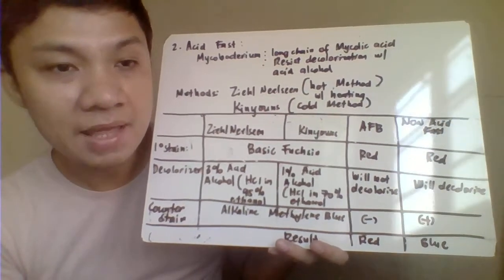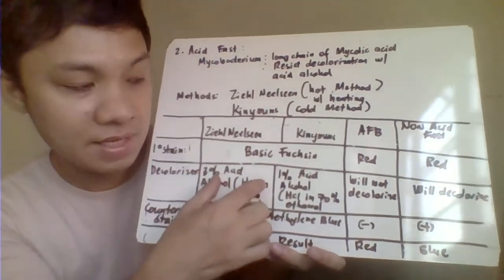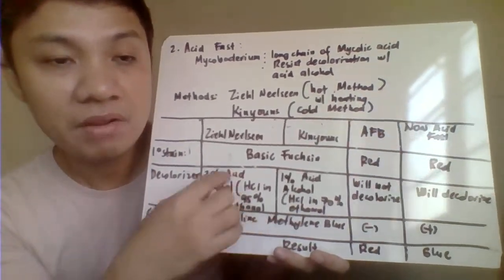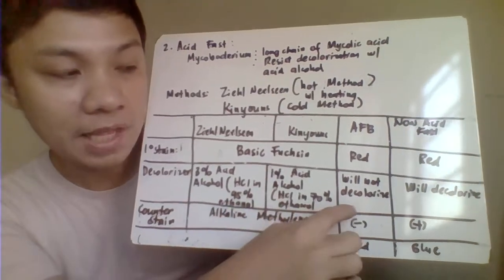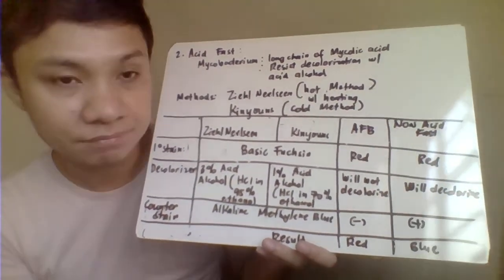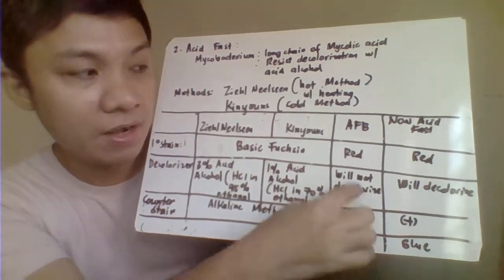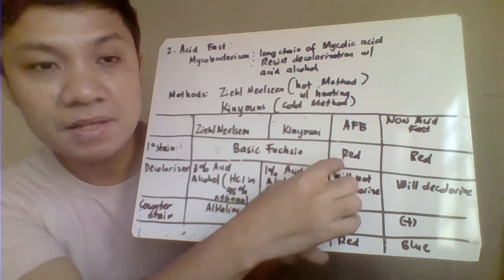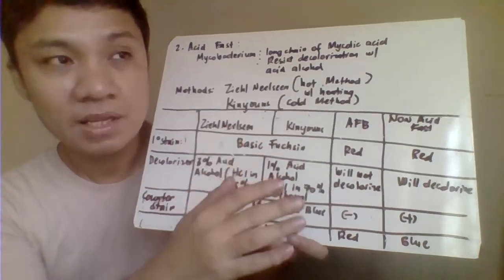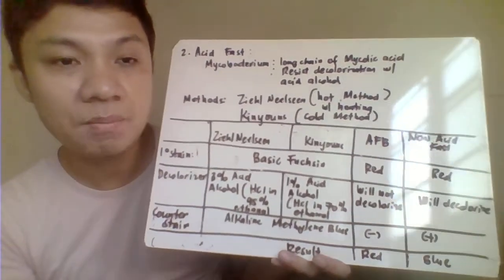tuberculosis, remember again that it would have a very thick mycolic acid. Even if you add a strong acid, and we consider the acid alcohol here as a strong acid, they will not be decolorized because they have a very thick mycolic acid. If they are not decolorized, we are able to retain the color of your basic fuchsin as your primer stain. The basic fuchsin will not escape, as it was applied as a primer stain for your